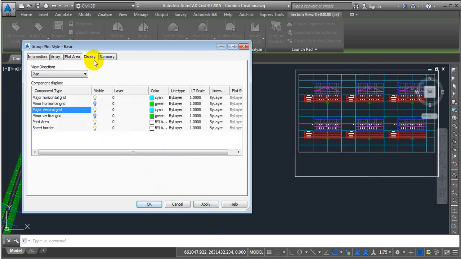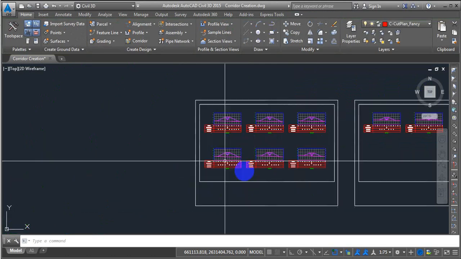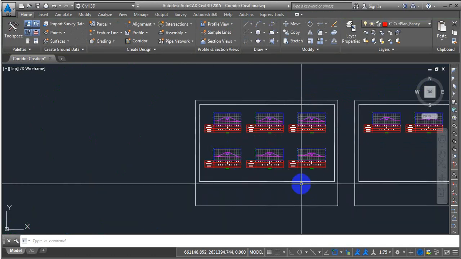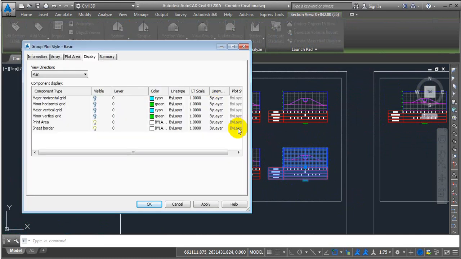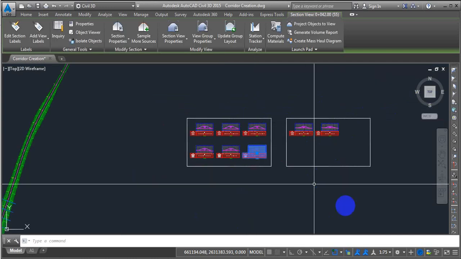So I will come to the display and we'll turn off those grid lines again. And now as you can see, the section views are perfectly arranged inside the border. So by using this edit group plot style, you can play with the arrangement of these section views inside that white border. And it's really useful tool. And then another thing that you can turn off: I don't want to see these borders, so this one is called sheet border and the inside one is called print area. I don't want to see the sheet, so I will just turn it off. Once I turn it off, then you will only be left with the